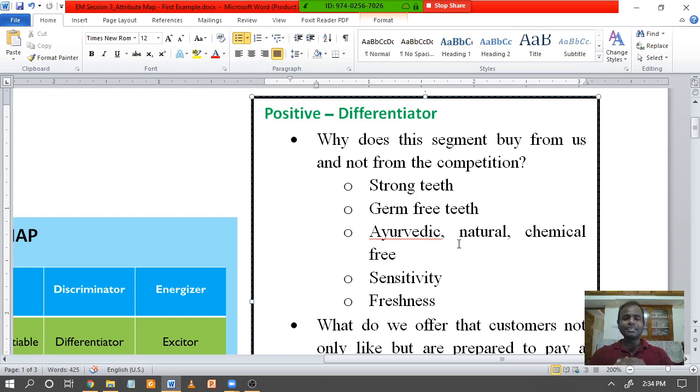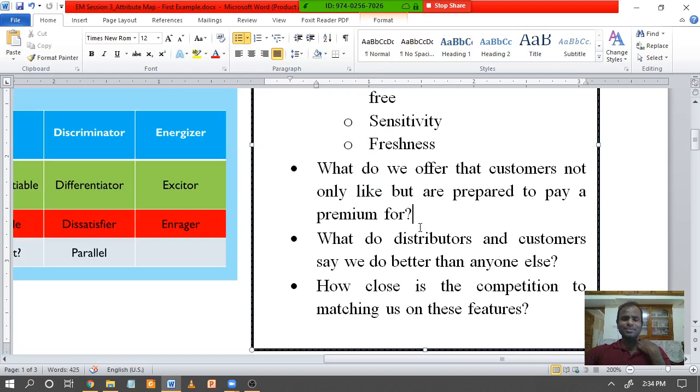Okay, now this is how they differentiated the market. If you are a health conscious customer, if you like to buy a toothpaste that is herbal, natural, Ayurvedic, then why not Patanjali? And to make you decide to make the purchase, they put a concept of even priceless. Okay, they actually reduce the price. Now that is what is called a positive differentiator. Are you able to understand what a positive differentiator is?